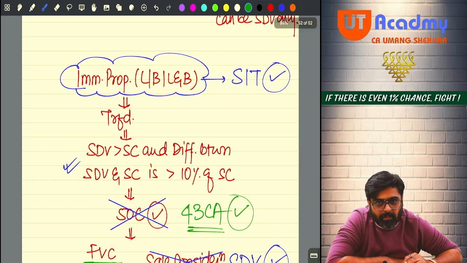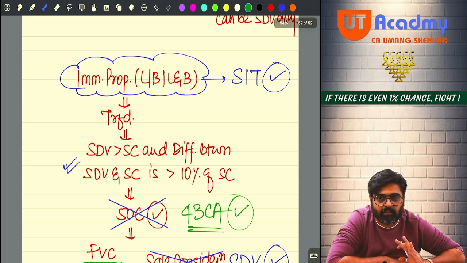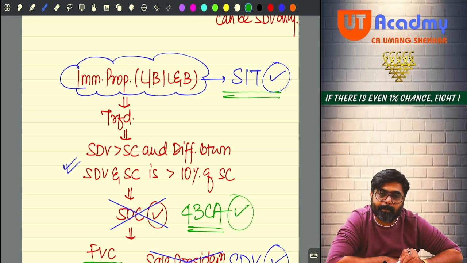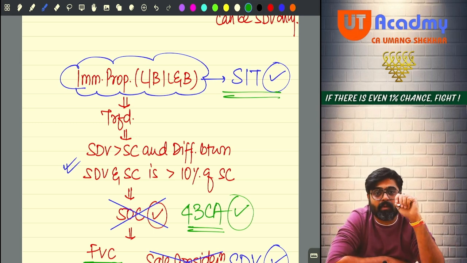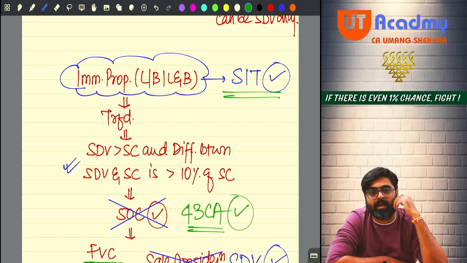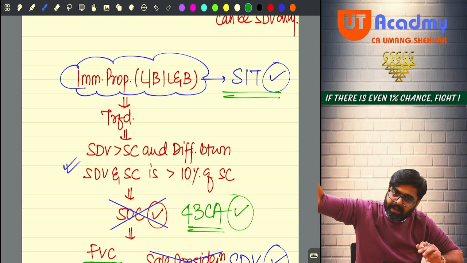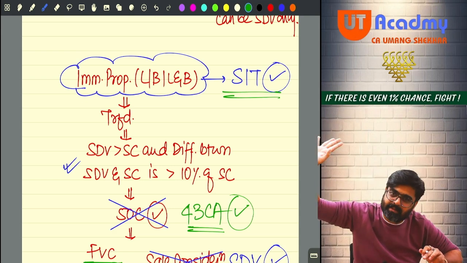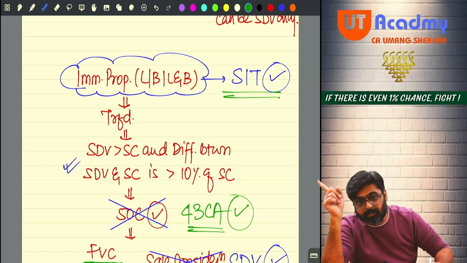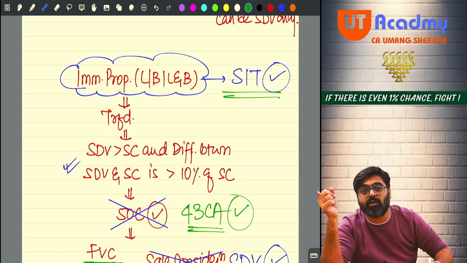So if the immovable property is transferred as stock in trade, wait, please listen to me very carefully. If the immovable property is transferred as stock in trade, the stamp duty value of that immovable property was more than its sale consideration, and the difference between both of them is more than 10%, 50C cannot be applied. But don't worry, 50C copy, paste under the PGBP provision, same to same provision is given under the PGBP head. But the provision is not 50C, there it is 43CA.